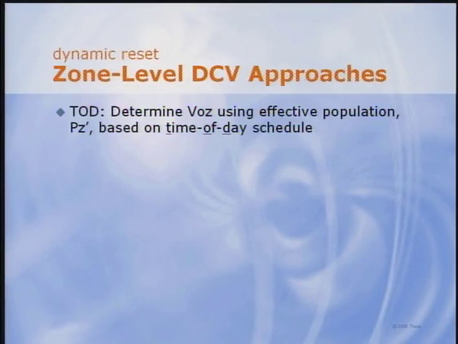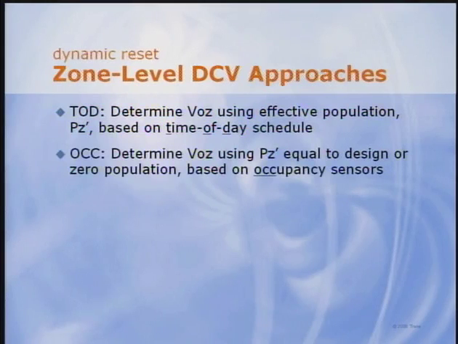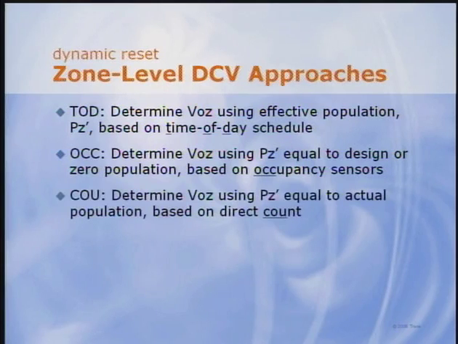Population can be estimated using a time of day schedule. This estimate might be fairly accurate in school classrooms if schedules and class sizes are predictable, but it's probably not very accurate in fast food restaurants or office conference rooms. Binary occupancy sensors can be used to register either design or zero population. They can be used in any zone, but are probably best suited to small conference rooms, private offices, museum display rooms, and so on. And it's possible to actually count people in some zones based on ticket sales in movie